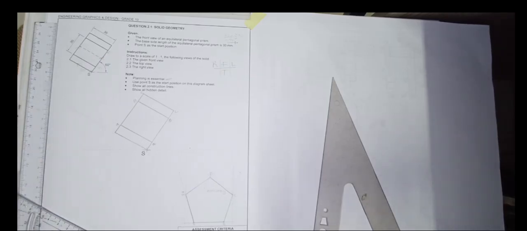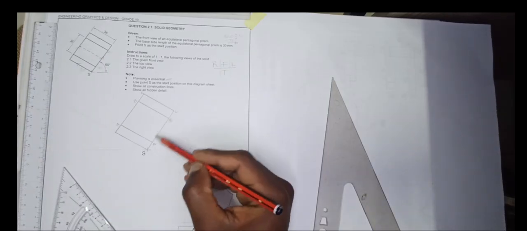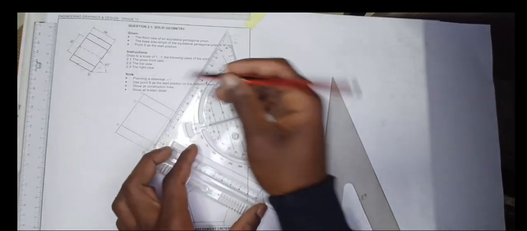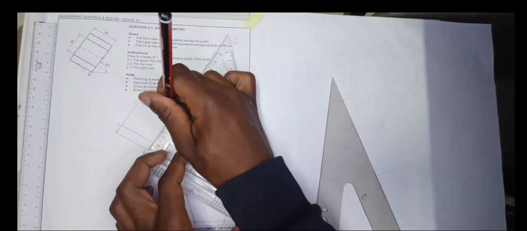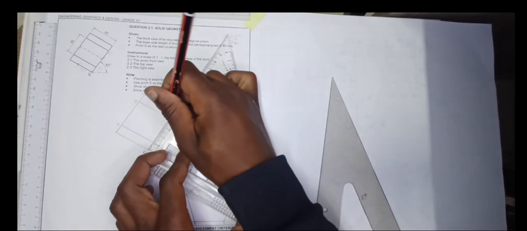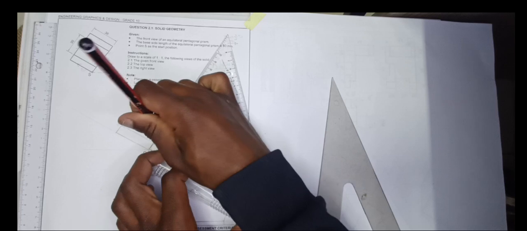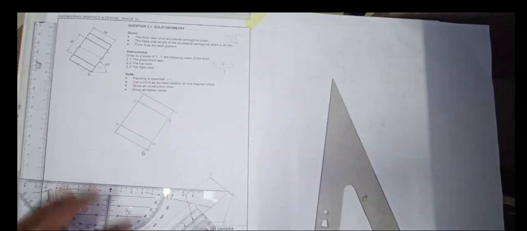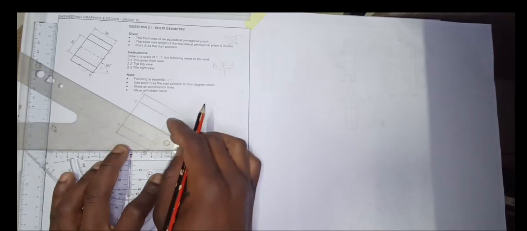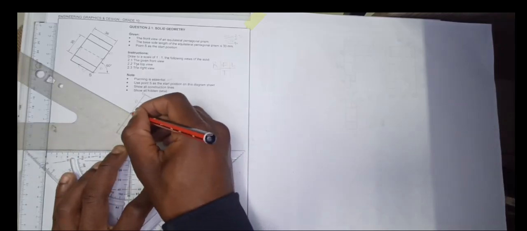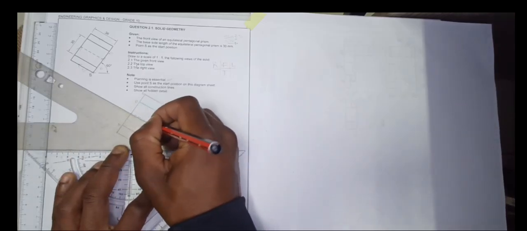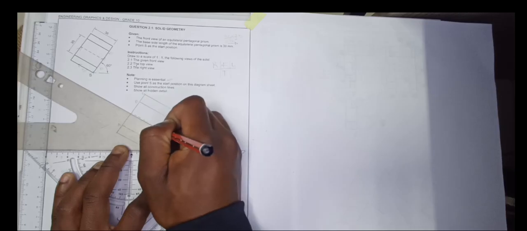How can we get that hidden detail? Because from here to here is stage. We know that the center line will be on our half of it, which is 50. Okay, you just need to use a logical sense on that, ladies and gentlemen. Then you know that you use your hidden details. Okay,